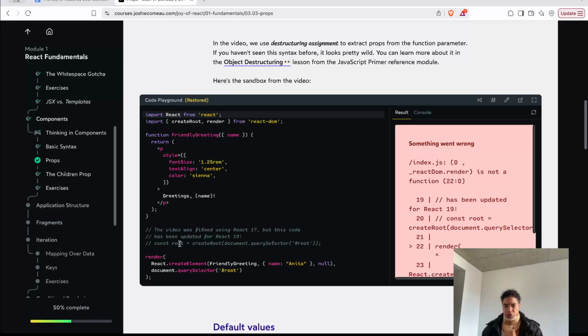When it comes to props, how do we know that we're passing props? Because at the end of the day, when you are creating an element using React.createElement, behind the scenes, when you're defining an element with React.createElement, the first parameter you pass is the